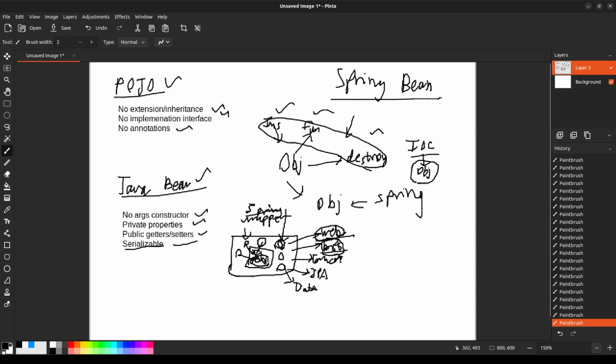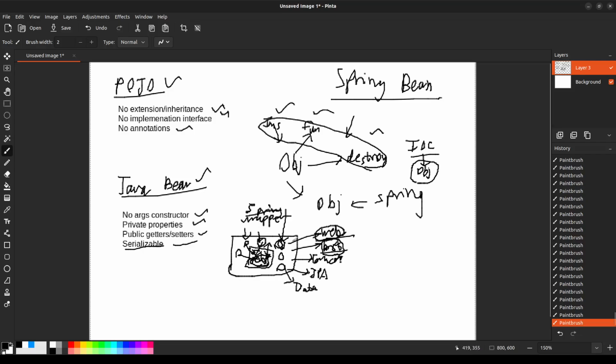So instead of controlling the life cycle of the object by yourself, you give the management role to Spring. So your objects will become beans and components, and Spring will control them.